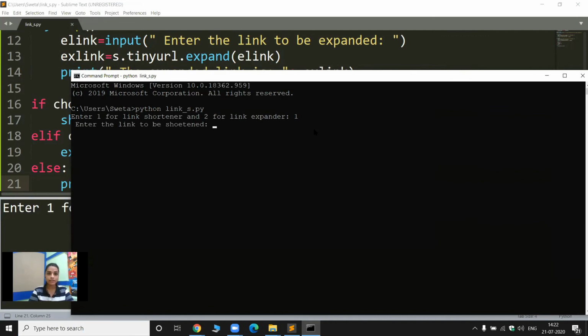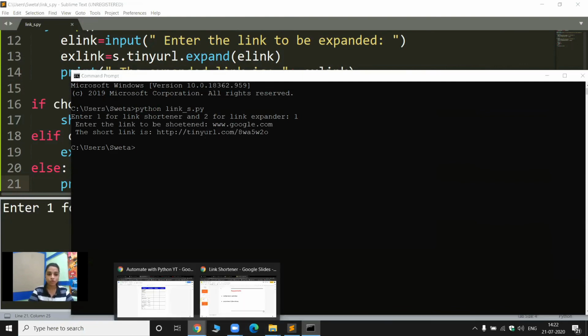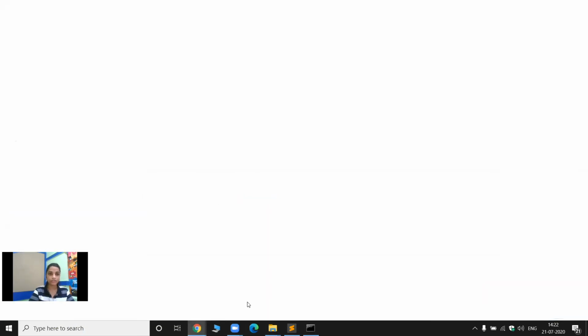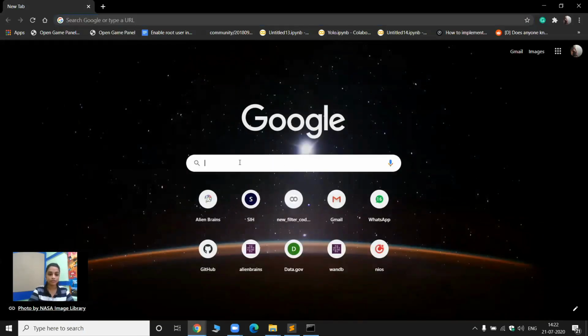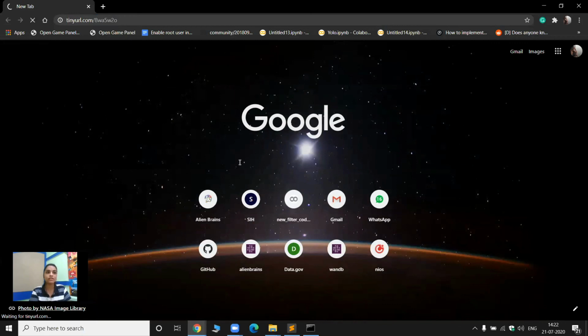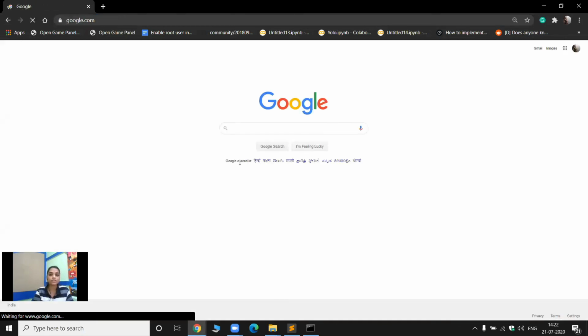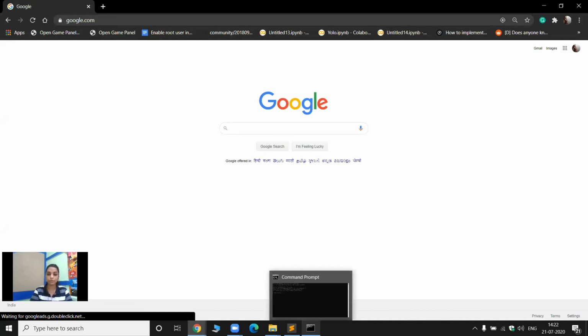Enter the link to be shortened: www.google.com goes here. It has returned me this link. I'm just copying it, opening my Chrome over here and pasting the link. Here you can see that this website has appeared, which means it is working properly.